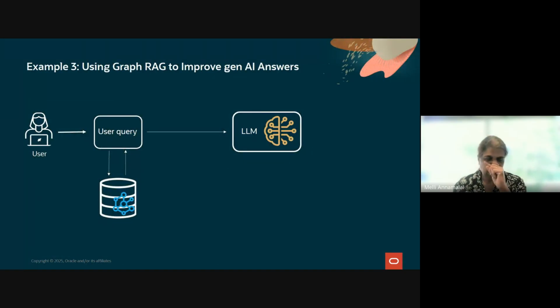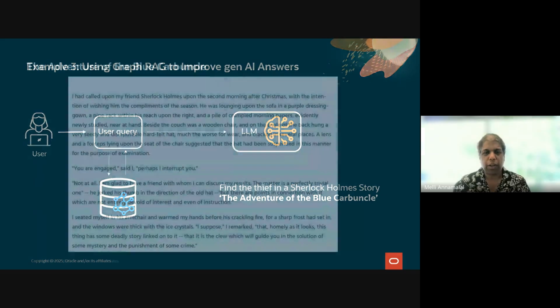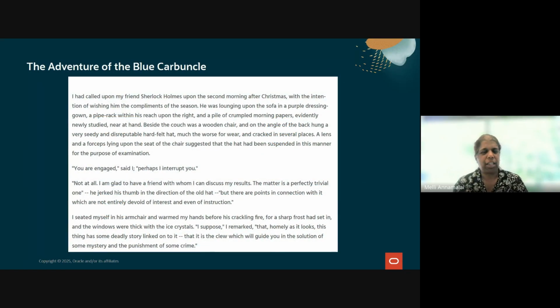Let's see how we are using that in a simple example here, which once again you can try out in a live lab. We're going to take a simple detective story, a Sherlock Holmes story, where a particular jewel, the blue carbuncle, is stolen. And then Sherlock Holmes finds out who the thief is. If you just want to use vector search to find the answer for this,